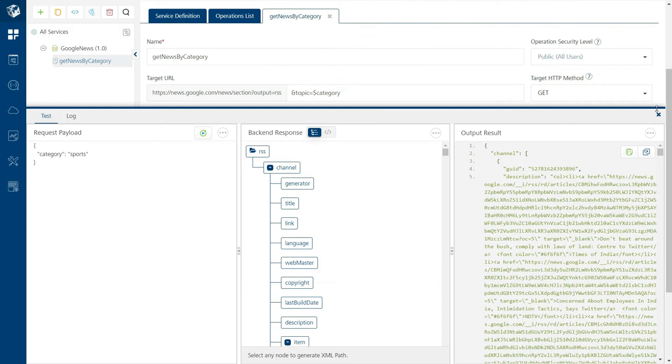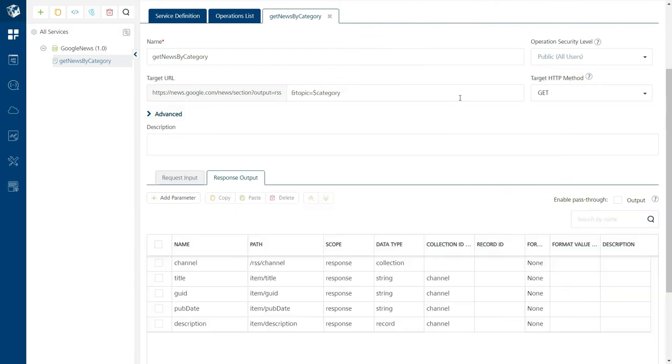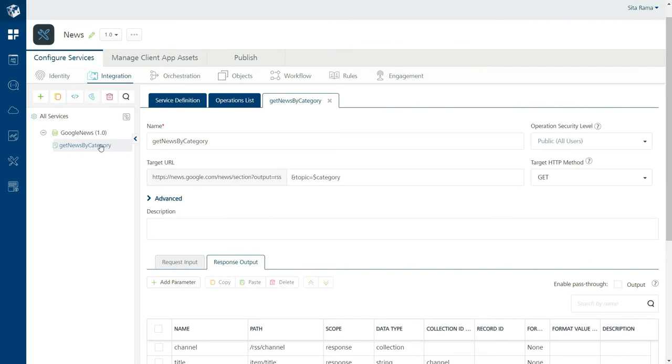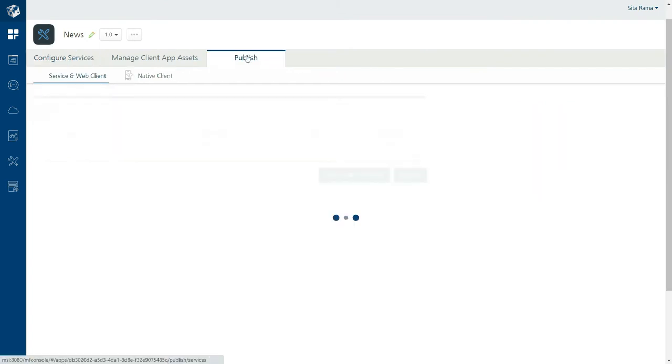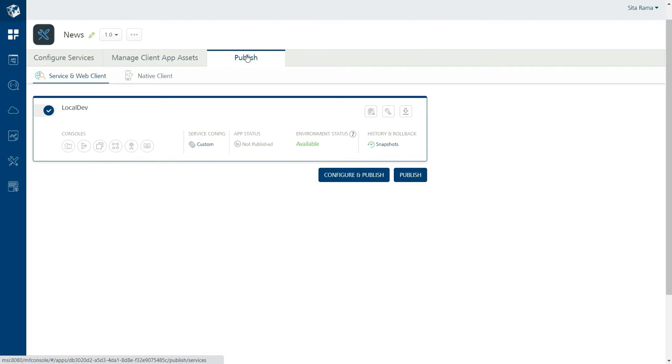So now this is the 1.0 version of the Google News integration service that we have created, which is having one operation inside it. We can go to the Publish tab, and I want to publish this Fabric app to a runtime environment.